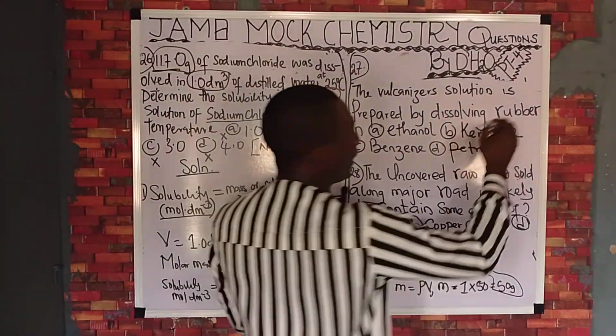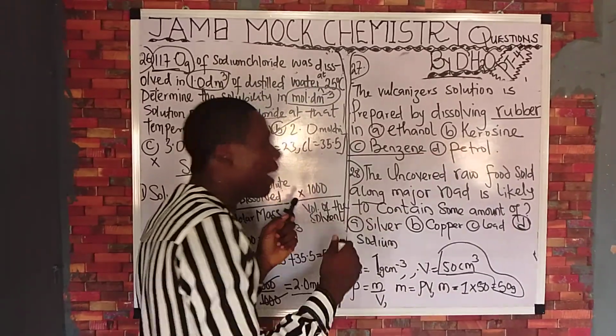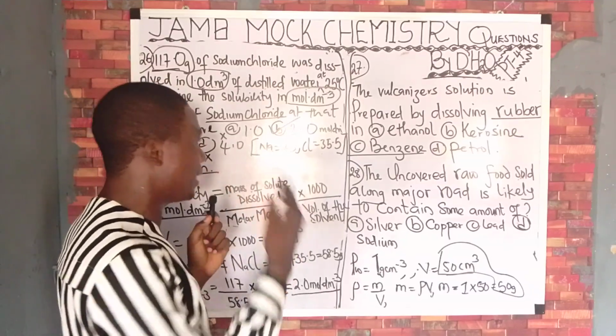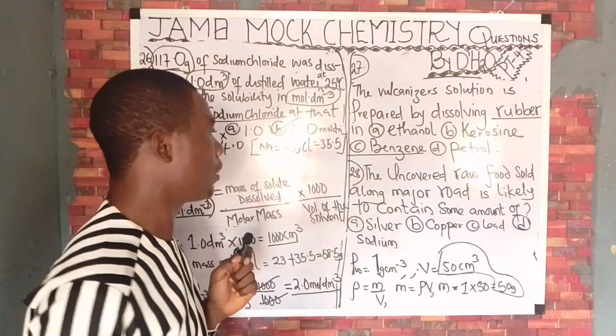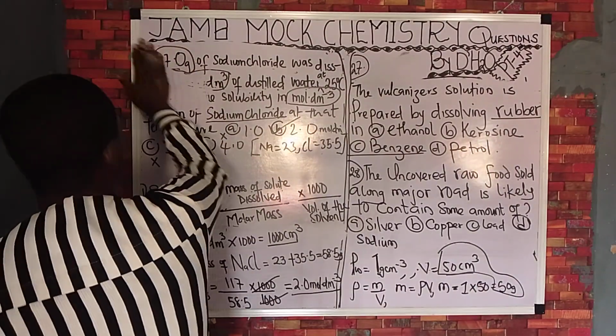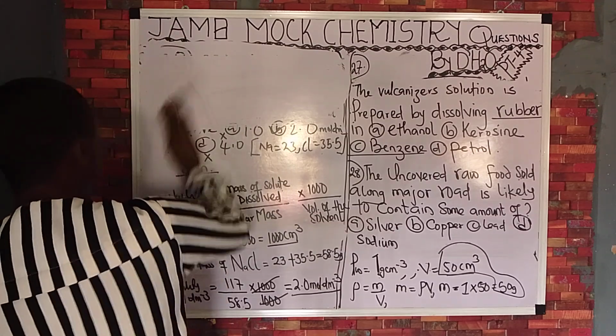You dissolve rubber and other substances in benzene to prepare vulcanizer's what? Solution. So the answer is not ethanol, the answer is not kerosene, the answer is not petrol. Now, for the purpose of detail, I will not have you ignorant on this. Remember,